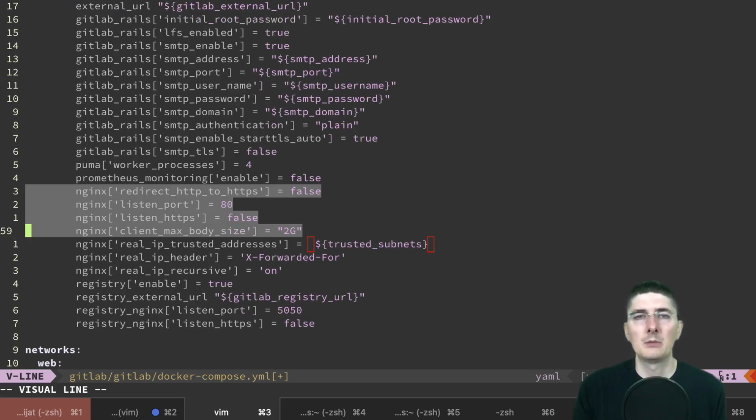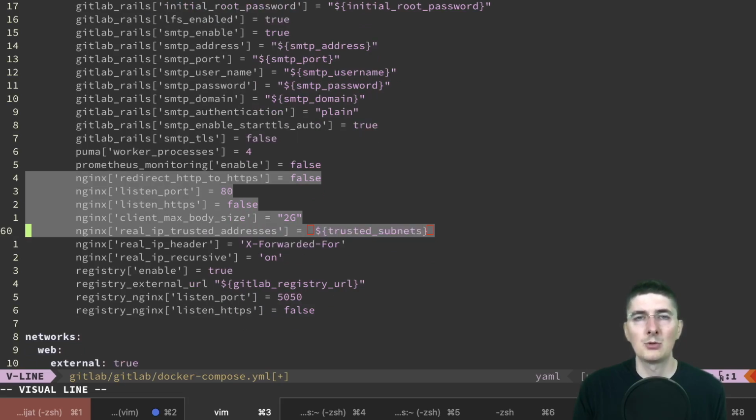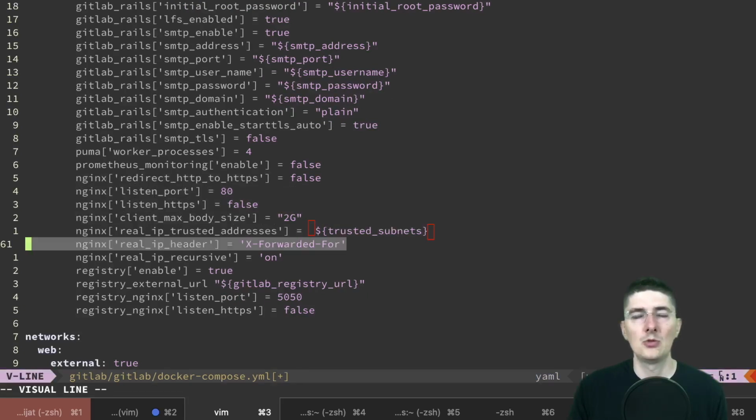I'm setting the maximum upload file size, and I'm telling Nginx to trust connections from Docker subnets. These two are so that we see the real client IP in GitLab logs, and not the IP of Traefik. Without this, because Traefik is the one accessing GitLab, you would see the private IP of the Traefik container in GitLab's access logs. But with this, Nginx will read the HTTP header X-Forwarded-For, which holds the IP of the user who